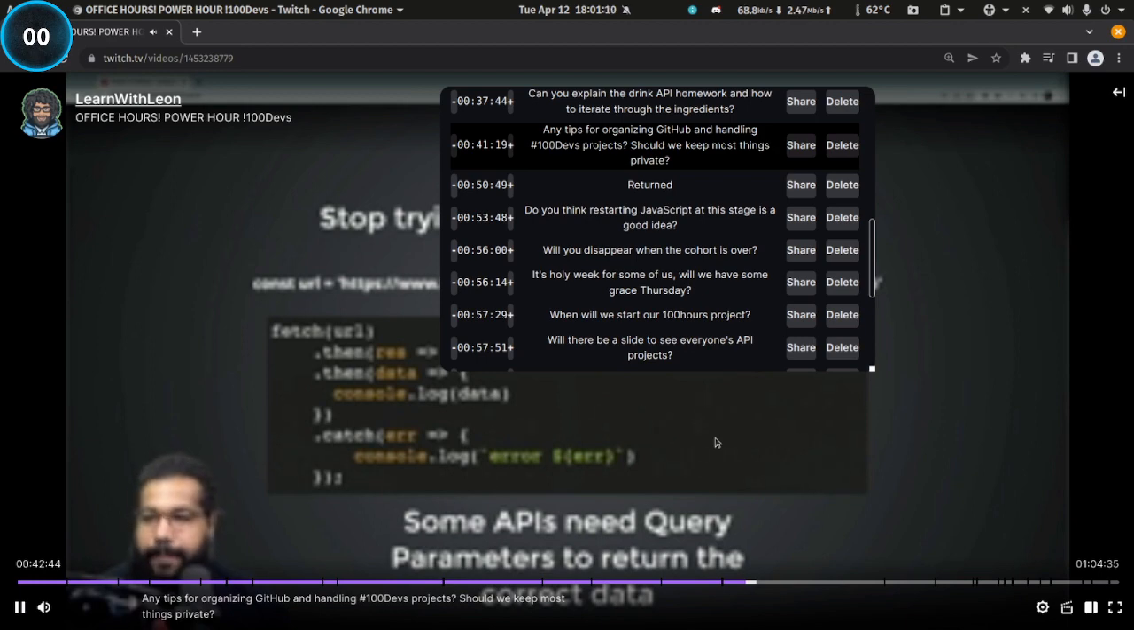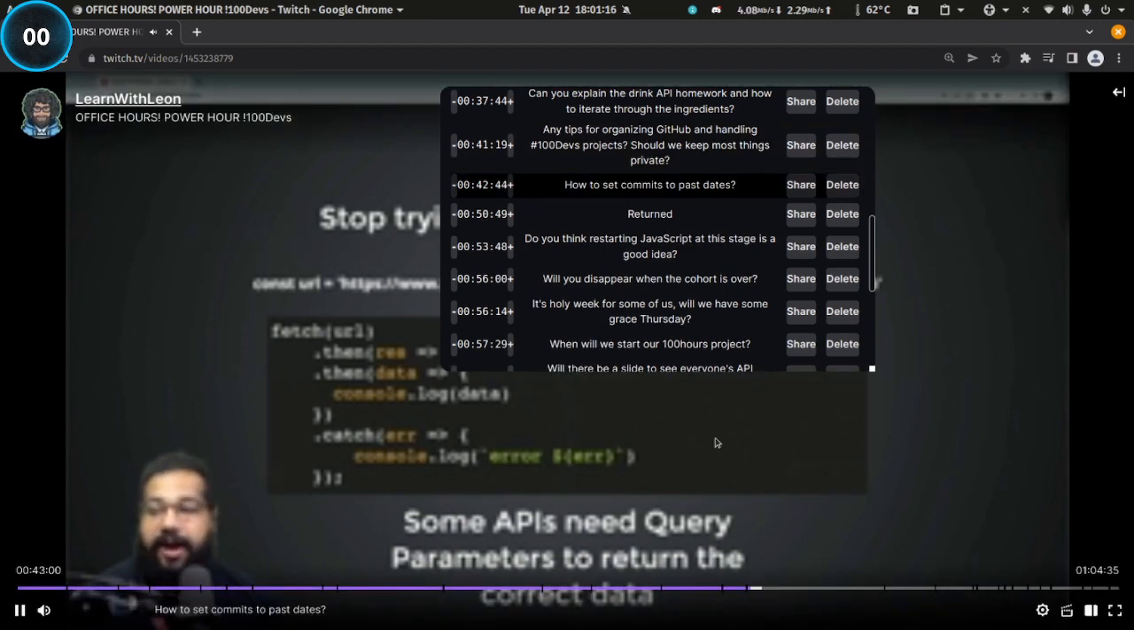How do we set commits to past states? I actually believe our other stream team member did. All right, so maybe we can catch on history, which is cool. Like if you miss a day, you don't have to worry. You can go back. I'm going to show you a lot of